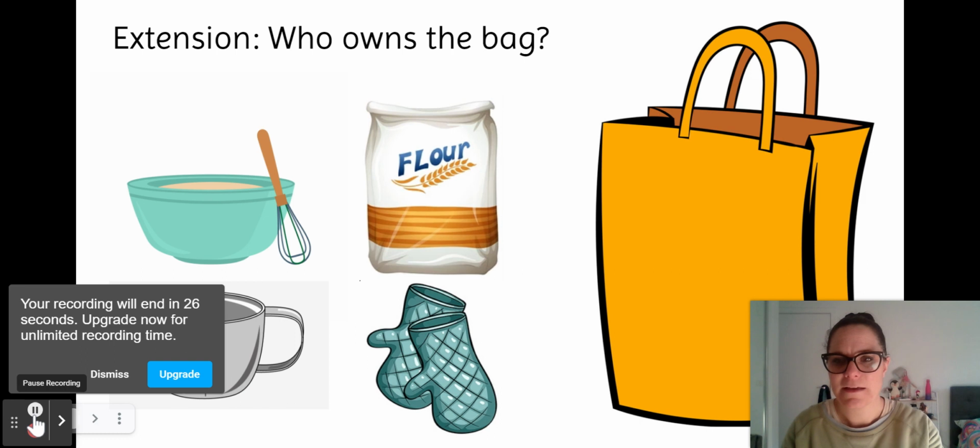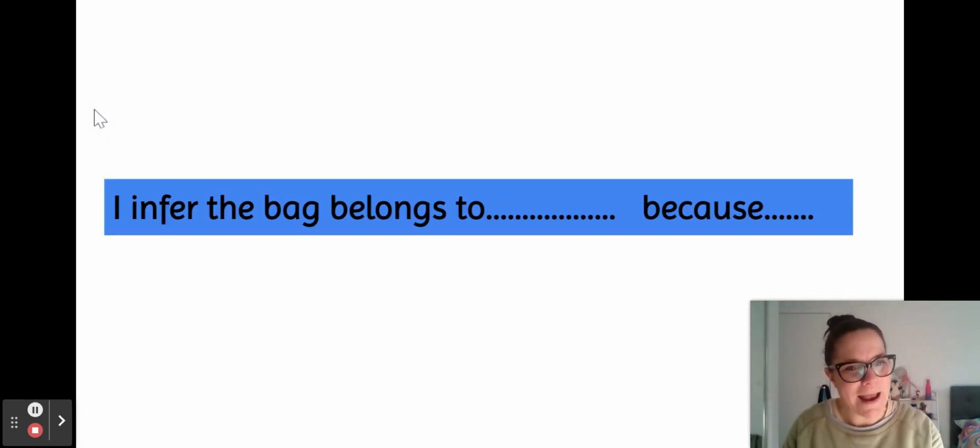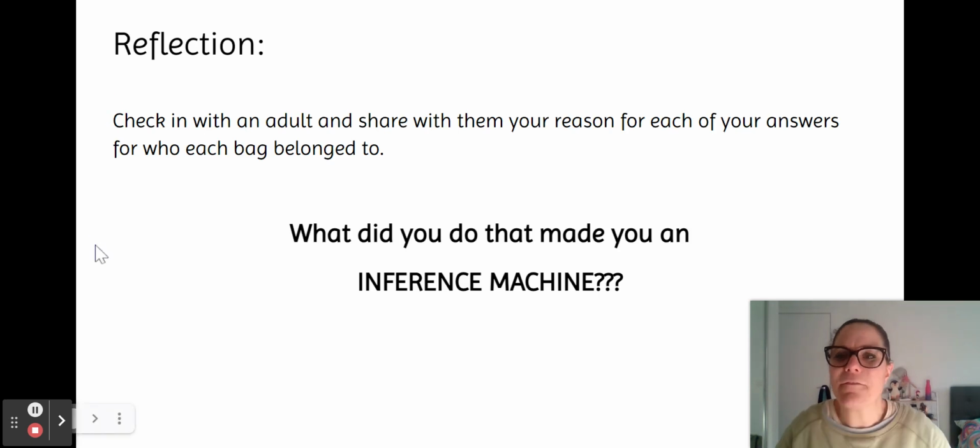Okay. Now, who might this bag belong to? This is an extender. There is a bowl, there's flour, there's a measuring cup and some mittens. Have a think. I infer the bag belongs to because. Make a reflection and check in with an adult and tell them your reasons behind who you thought belonged to each bag. What did you do